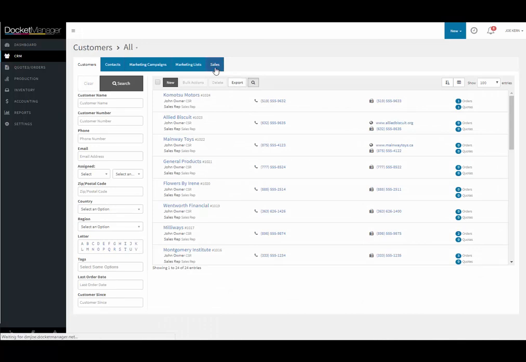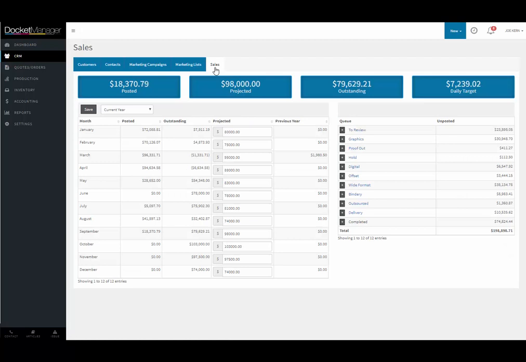If we go back up to the top to the customers section, let's just take a look at this sales tool. This sales tool coordinates with that graph that is on the dashboard as far as the estimated or projected sales for each month throughout the year. So in this section, you can actually put in your estimated sales. You can view a history of your previous years. So, maybe if you want to put some growth into the new year as far as projected amounts, you want to do a 5% growth, you can look at what you did last year, put that in as a projected amount, and then follow in real time your posted sales for each month throughout the year so you can see what's posted, what's outstanding, and then get a summary of it up at the top of the page for the